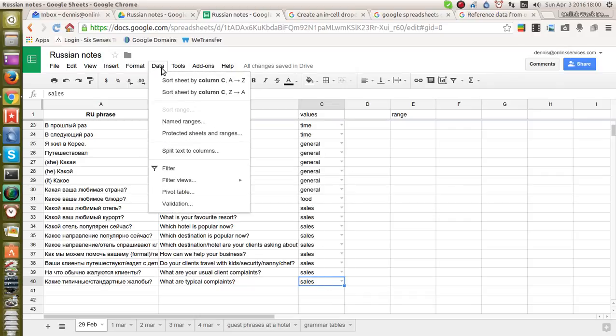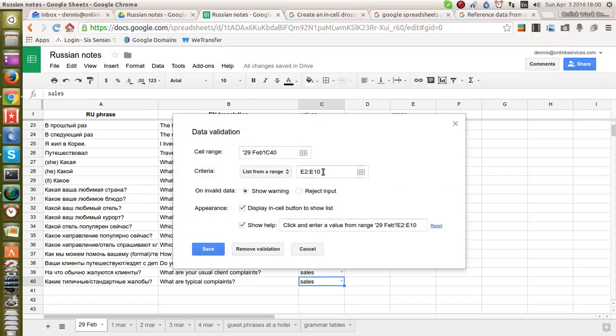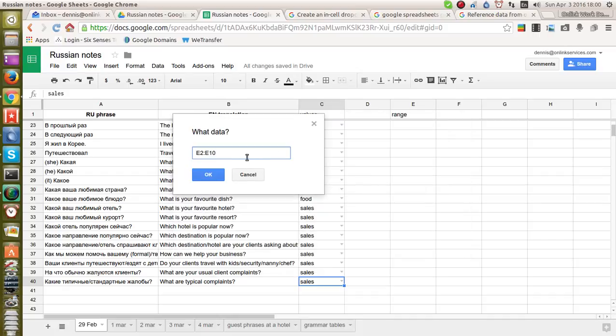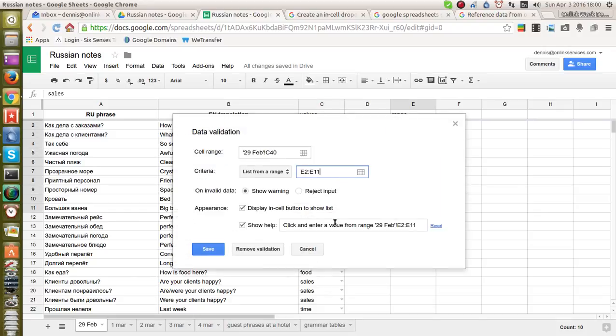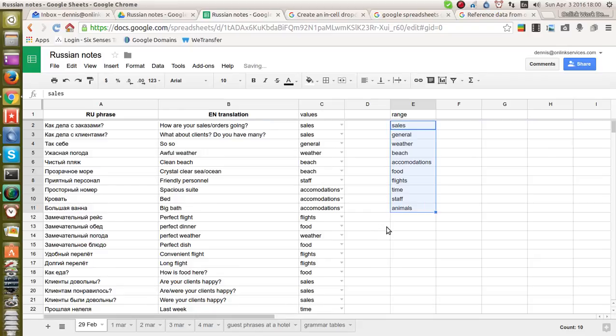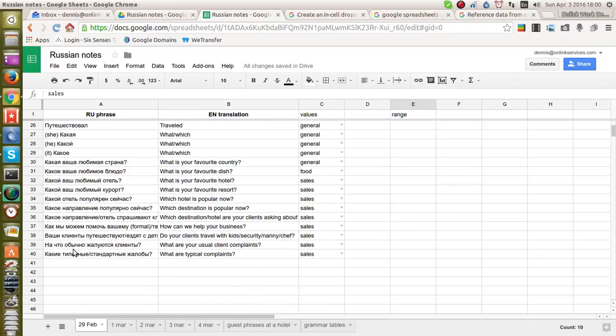Tools, rather Data, Validation. And now I'm going to make this 11. I'll show you how to do that. What data, and I scroll back to my data. Here's my range. I select it, and you see that it updates it all magically. Click OK, E2 to E11, and I click Save. This is the help text. Click and enter a value from range. Click Save, and now I go back down to this bottom one,